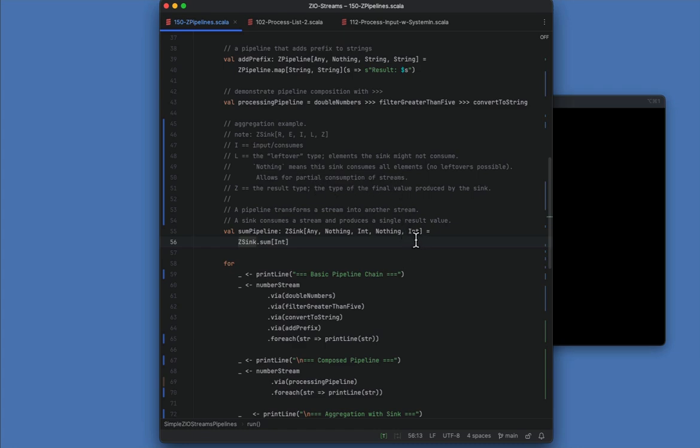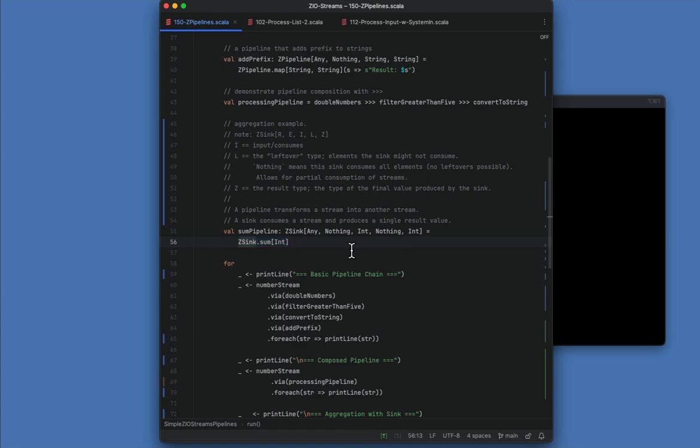So we could partially consume a stream that we're taking in, and we might have a filter method here, and we'd use that to say, oh, I just want to work with certain values, and I'll work on those, but then I'll return the other stream values for you. And if you do something like that, that's where this leftover value is going to come in. But since we are consuming all of the stream values in this code right here, we're going to be returning